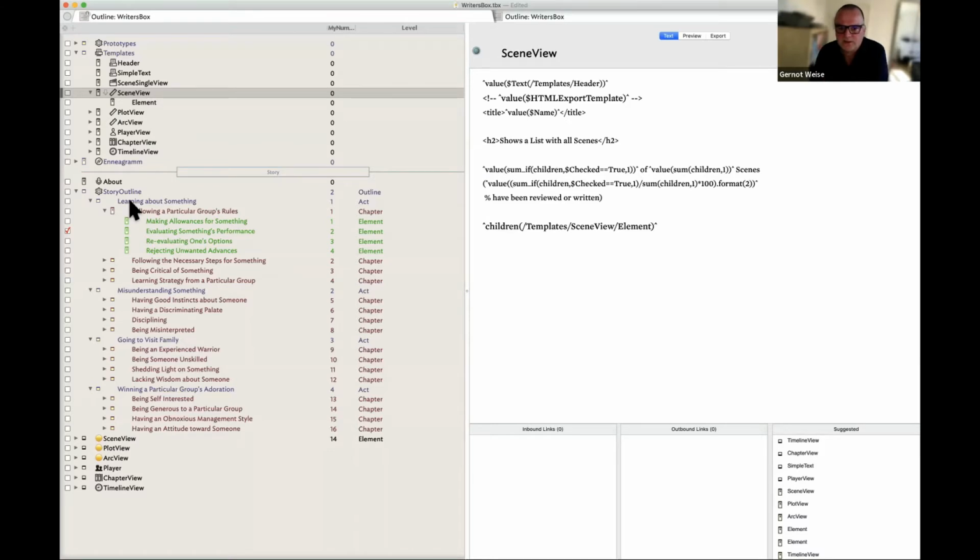many scenes have been worked on. So I basically determine this by the checkbox. The scene which I have checked is a scene I have already written in version 2, 3, or whatever. And then I also take the number of all scenes and show that in the meta information.